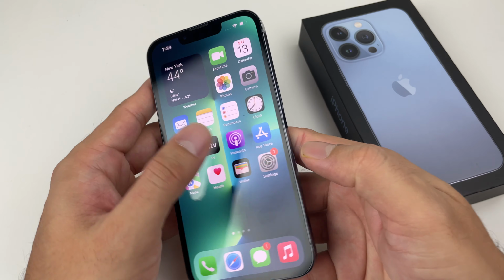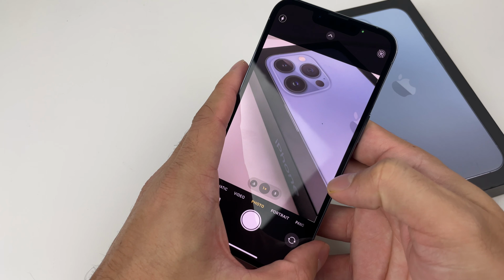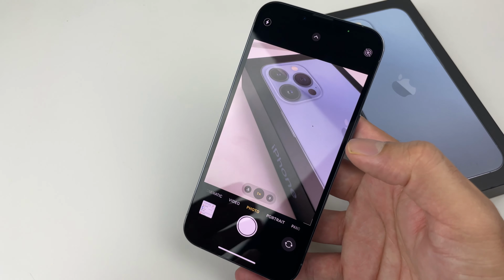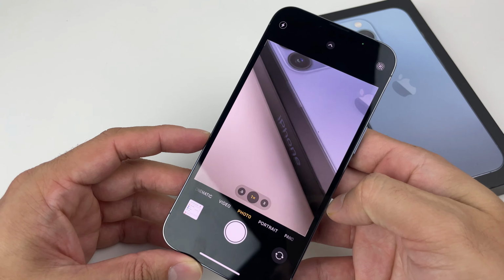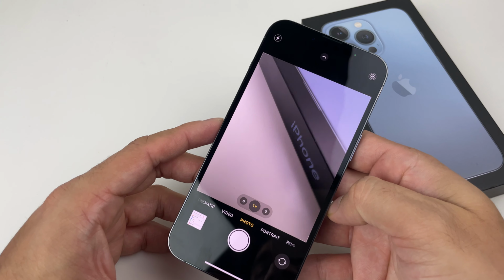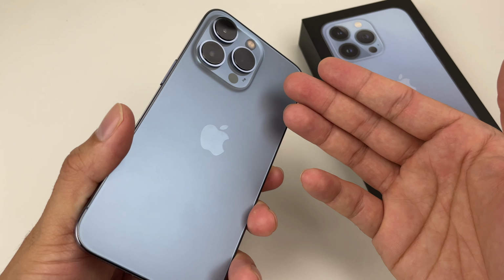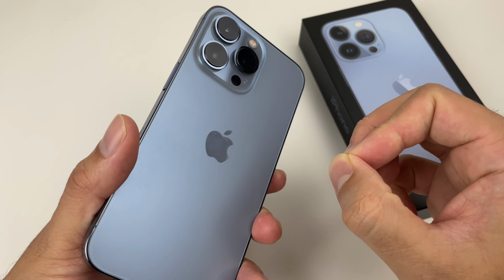Talking about the next thing, it's going to be probably camera. So when it comes to camera, Apple does not shy away, and with every iPhone that Apple comes up with, there's going to be that piece of improvement in the camera, because Apple wants you to believe that of course you're a photographer, and that's where they start to go into the camera. And of course, if you haven't noticed, we do have these triple 12 megapixel pro cameras. One is a telephoto, wide, and then ultra wide camera, and then specs are a little bit up from the